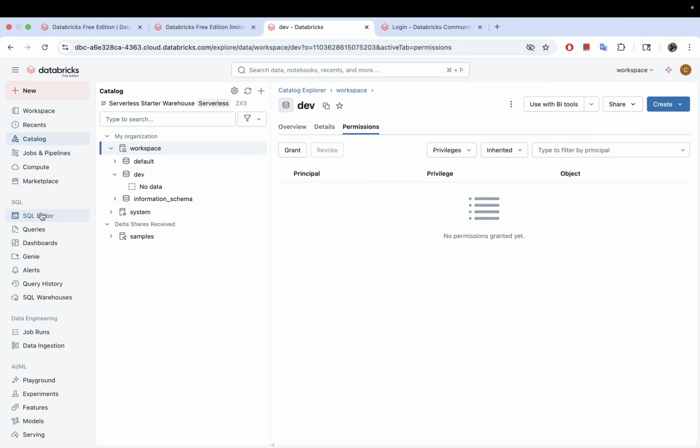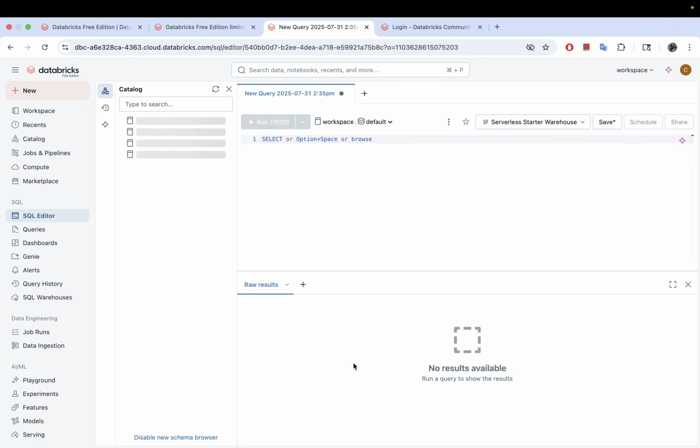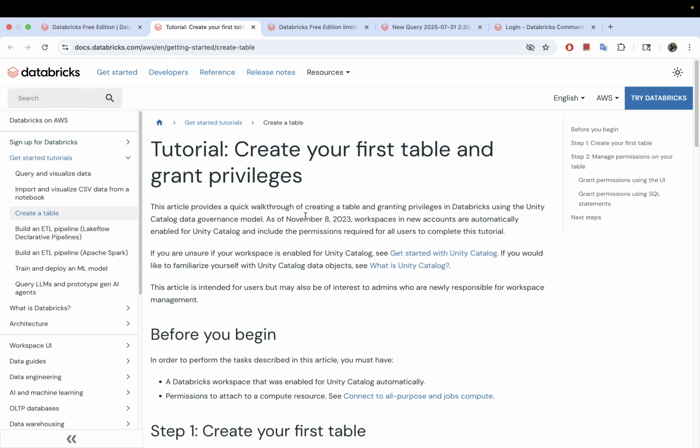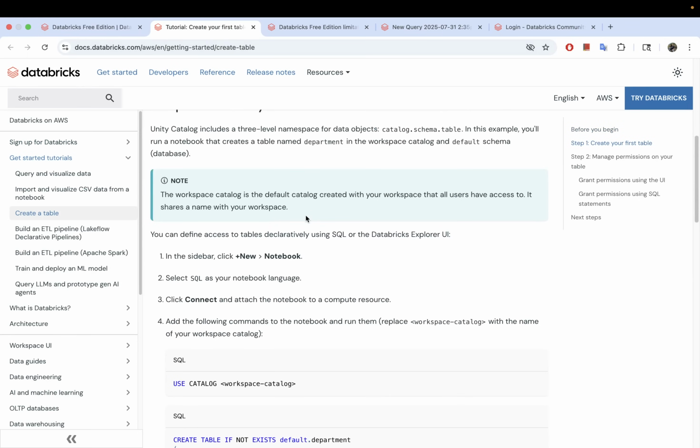So for that, let's go to the SQL editor here, and for this we will just create a very basic table from the Databricks documentation. So we'll go here, let's open this, "Create your first table and grant privileges." So just go ahead and create a table and see how it looks. If you scroll down here,